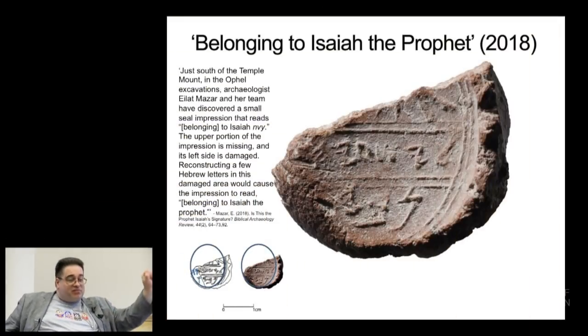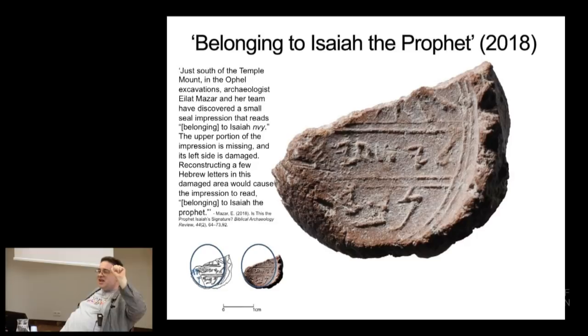It's another seal impression. This is very plausibly the seal impression of the prophet Isaiah. It was found in Jerusalem near to the royal complex, just a few feet away from where a seal impression of King Hezekiah had been found. And you can, again, look up from this on the recommended resources. Unfortunately, there's a little bit of a fingerprint impression on the seal that smudged the bottom word. A bit of the top is missing, and a bit of the bottom word has been smudged as it was being made.